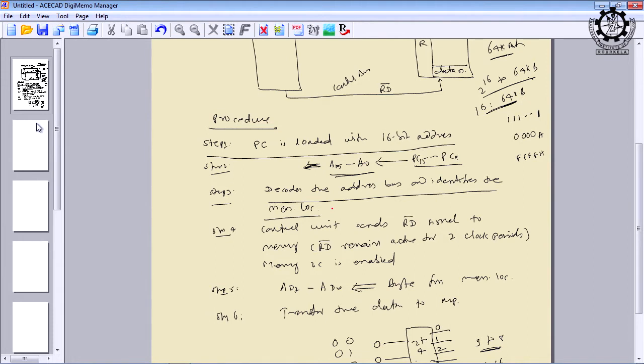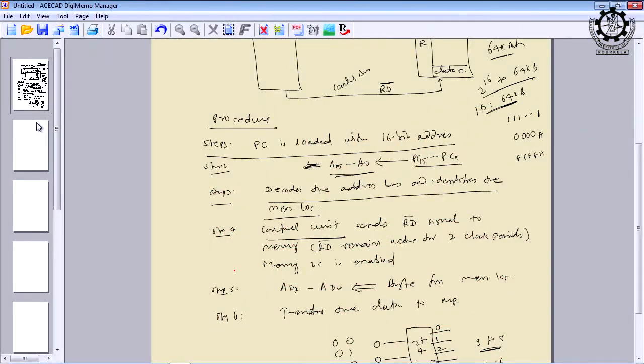In step 4, what happens? Now, it is a memory read operation. So, the read control signal will be generated from the microprocessor, and this is an active low signal. Whenever I put a bar, you will understand that it is an active low signal. That means whenever it is 0, it will perform its operation, and whenever it is 1, it is disabled, it will not be performing. Am I clear? So, in step 4, the memory IC gets enabled. Gets enabled means now that particular location is ready to transfer the data, but not during this period when the control signal is given to the memory.